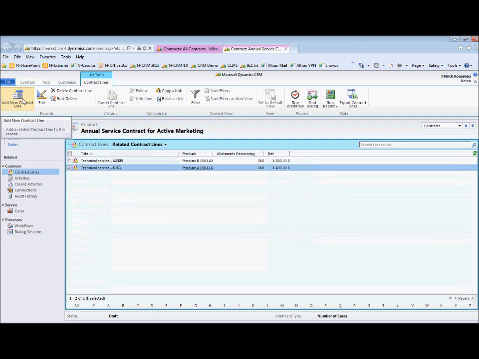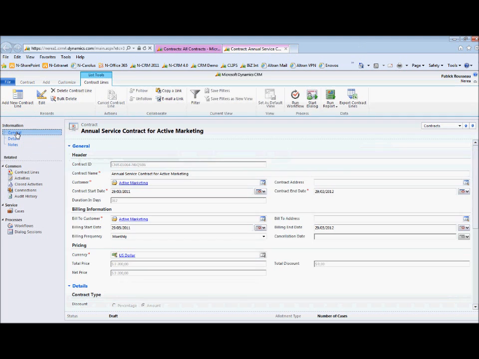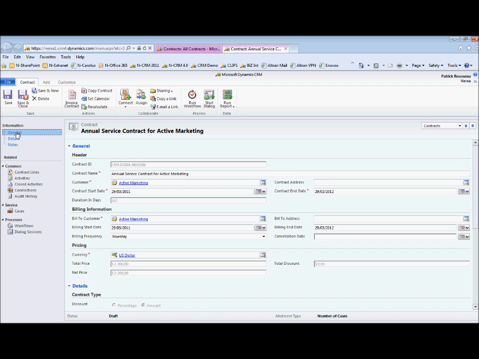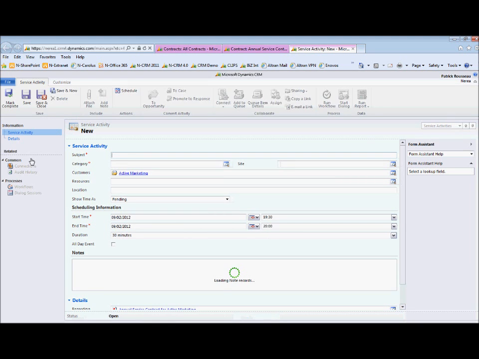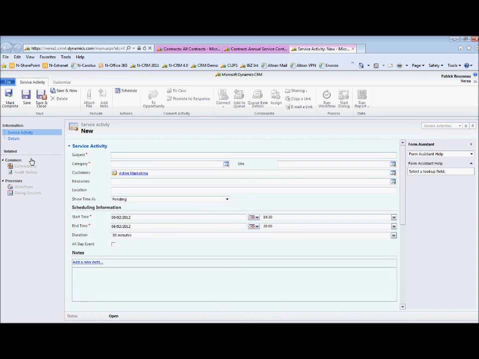So what I'm going to do is go back to my contract, and I'm going to start adding some activities. So activities would be, in this case, service activities. So let's just say that this customer needs some form of service to take place, whether it's through a help desk, it could be online, it could be on-premise service. So I'm just going to create an activity that I'm going to call technical servicing for, let's just say, the product we call